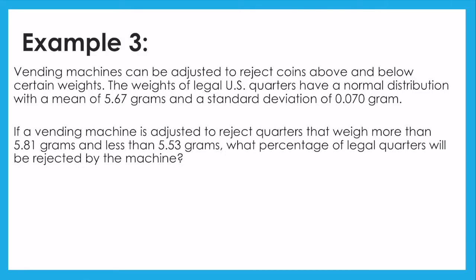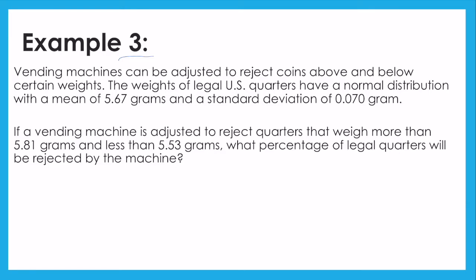Look at example 3. Vending machines can be adjusted to reject coins above and below certain weights. This is to help detect fake coins, but I don't think many people are making fake quarters anymore. It also helps determine coins from other countries or maybe something like an arcade token, just as